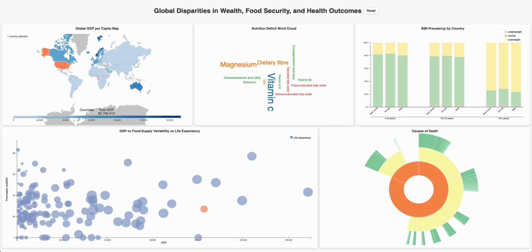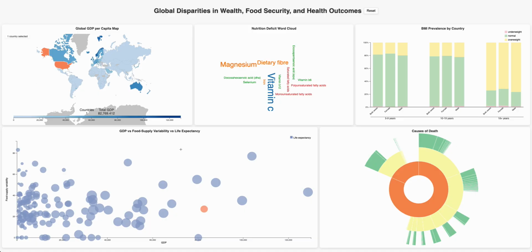The third chart is BMI prevalence by country. This chart shows the percentage of underweight, normal, and overweight for 3 different year ranges for female, male, and both